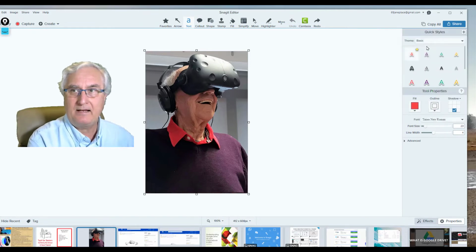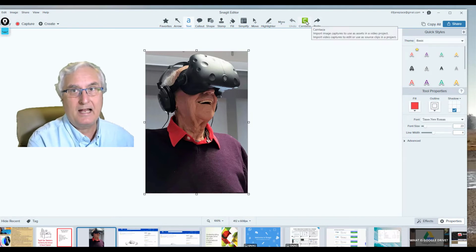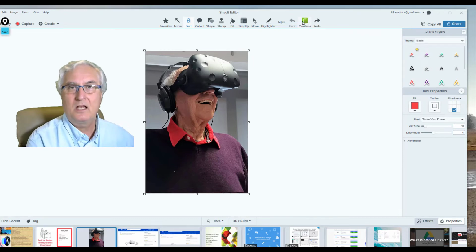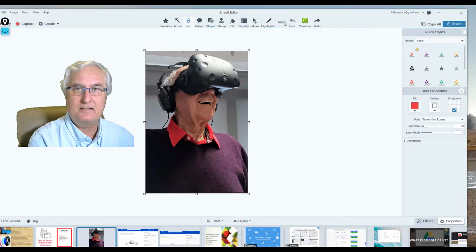If you come back and you don't use this share button, if you come back at the top here, you'll see that on my menu bar at the top, I have a Camtasia button. And I can just click this button and it will drop this image right into Camtasia for me. But it even gets better because if I want to add,